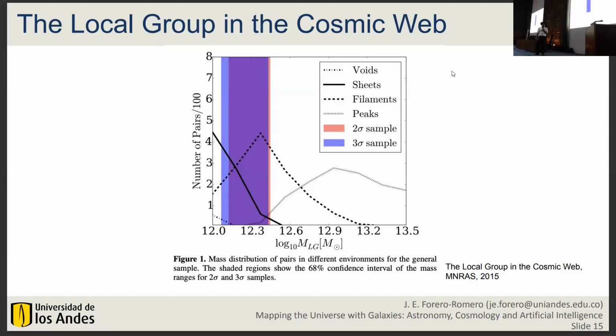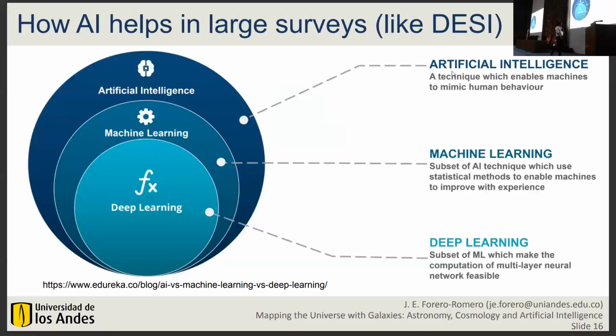If you take a look at the simulation, you expect that the satellites will fall along this filament. But if you know something about the Milky Way, you know, for instance, that the classical 11 satellites of the Milky Way are not in the direction of Andromeda, they are almost perpendicular. So the question that we had at the end of this paper is the following: is the local group atypical in lambda CDM in terms of these alignments and anisotropic correlations that we find in terms of the cosmic web?